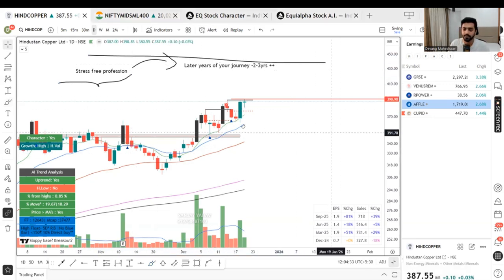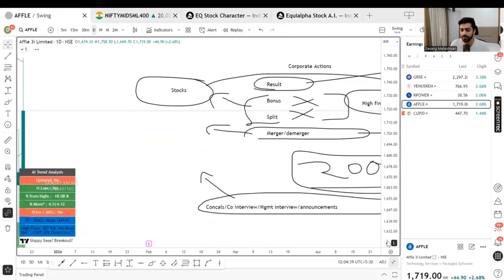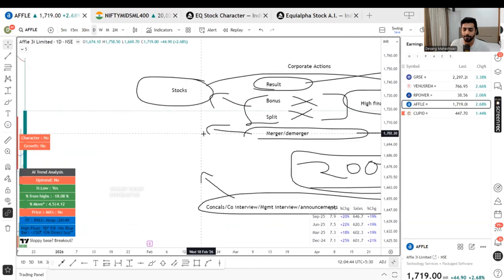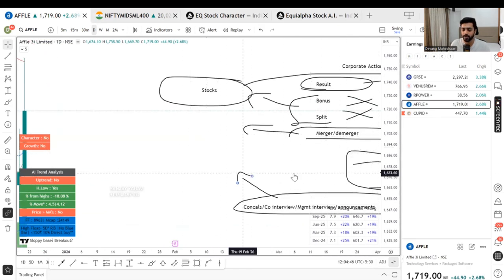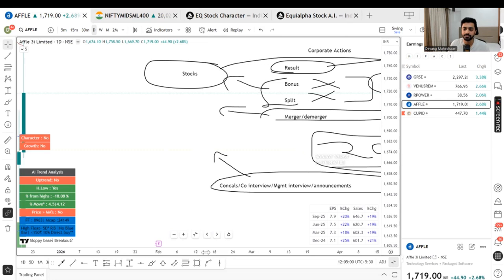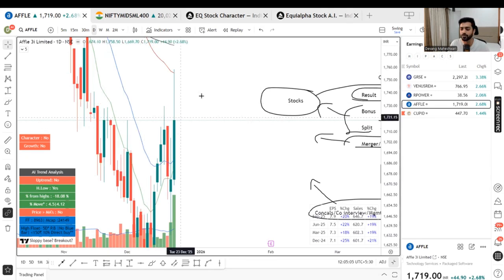So these are about corporate actions, con calls, and results, and how to deal with them. Anything in it? So I don't read up any con call. I don't go with management interviews. Okay, if I have too much time, I can watch TV channels sometime for entertainment, but none of them determines my overall decision making. I know at the end I have to do this only.